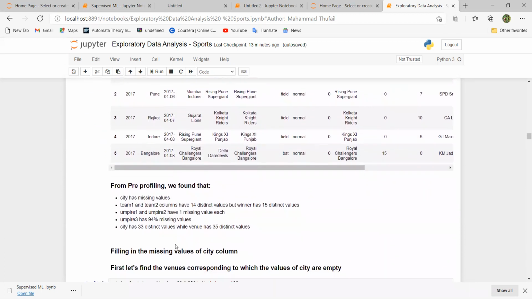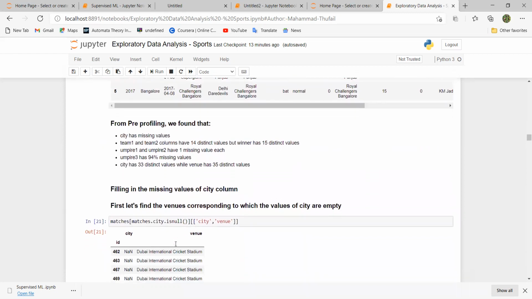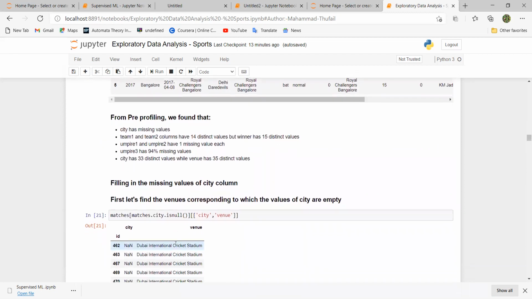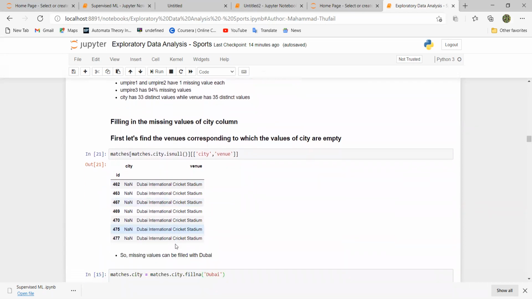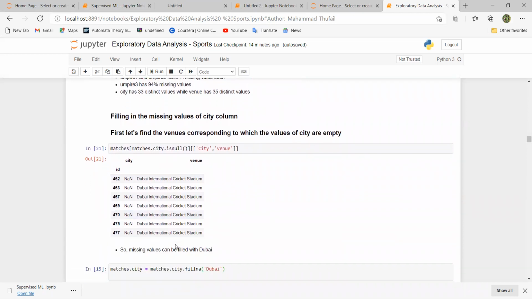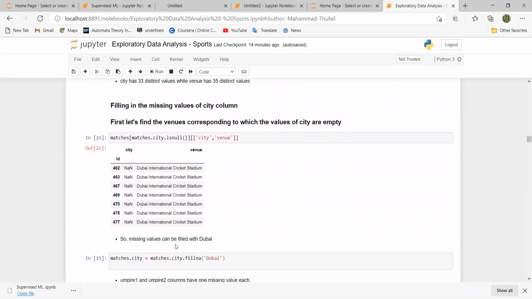From pre-processing, we found that city has missing values. Team 1 and team 2 columns have 14 distinct values, but winners has 15 distinct values. Umpire 1 and umpire 2 have one missing value each. Umpire 3 has 94% missing values. City has 33 distinct values, while venue has 35 distinct values.